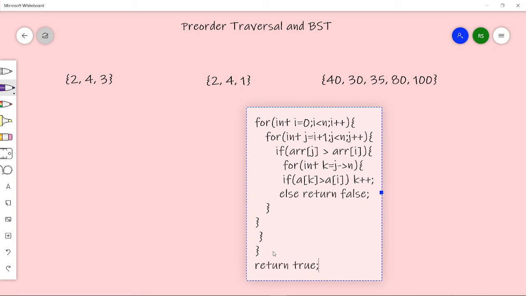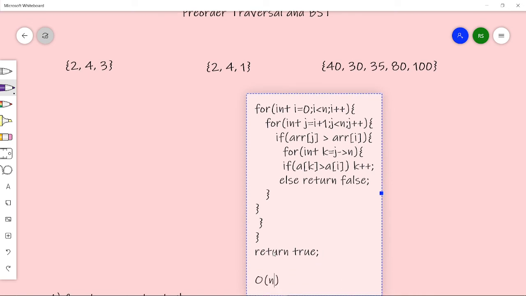So this was a brute force, and the time complexity for this is big O of n square, because n for this loop and another n for both of these combined loops, because here we are traversing every element once. Either we are traversing a particular element using the j loop or using the k loop, because if this condition never holds true, then we are not even entering this k loop, and if we are entering this k loop, then we have still untraversed elements in the j loop that we will traverse here. So the time complexity would be big O of n square.